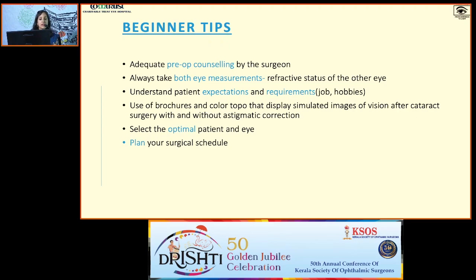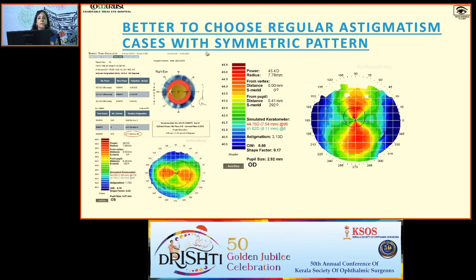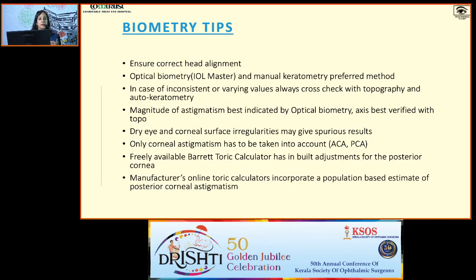Plan your surgical schedule, especially for beginner surgeons. Better to choose cases with regular astigmatism with a symmetric bow tie pattern. So biometry tips: ensure correct head alignment. Optical biometry and manual keratometry are always preferred methods. And always, if there is any inconsistency or varying values, cross-check with topography and manual